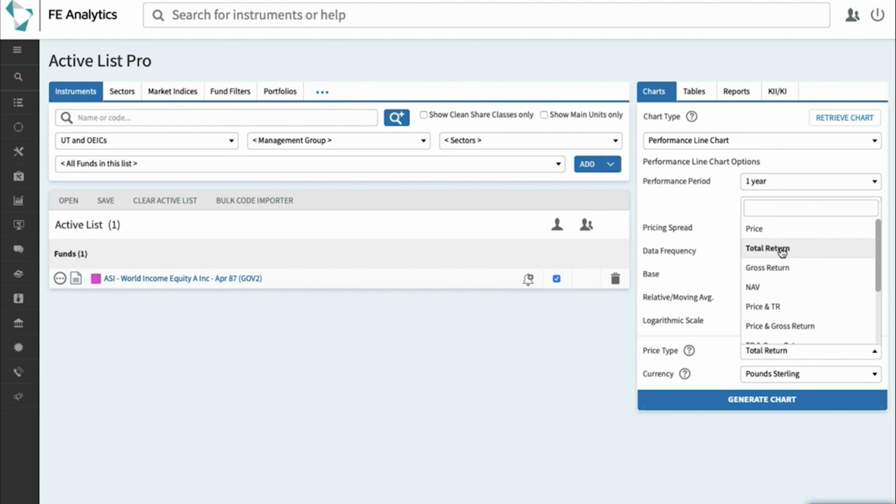But total return will be showing you the return of that fund net of income reinvested taxed at basic rate. Now, if you want to show the performance of that fund not with any income reinvested, then you can select price, and gross return will be, yes, the income of the fund will be reinvested into the performance, but it won't be taxed, i.e. a pension fund. So the system does give you the ability to select between those different options on the right before you go